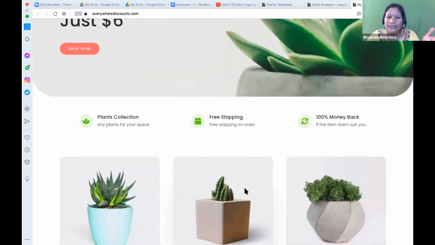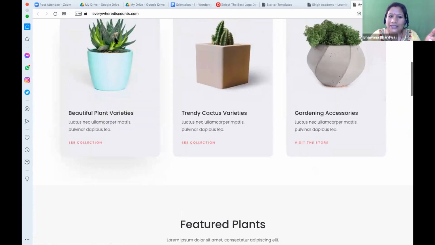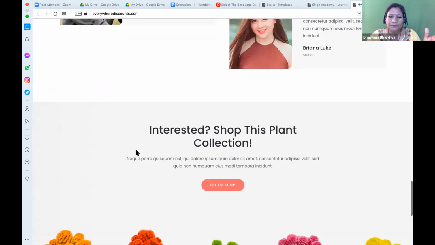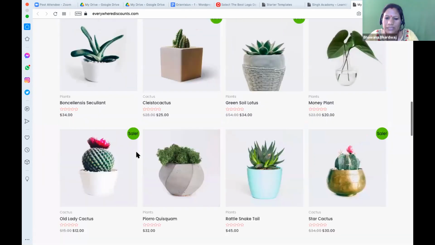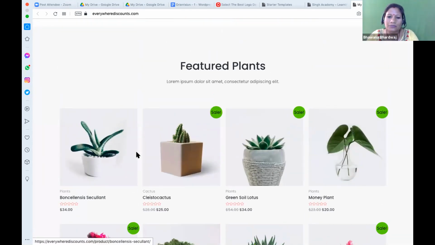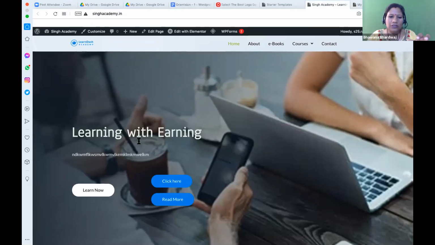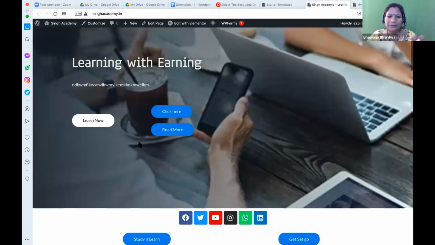We can have the different categories here. That's why I said you must have product photography. This kind of photography is possible. You have to do a little bit of product photography. So fantastic. Everywhere discount.com. This is also a decent one. We will work towards making it better.